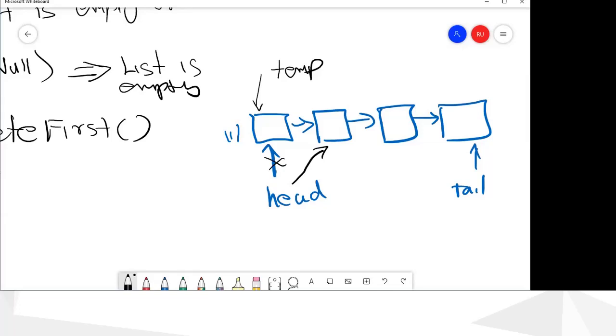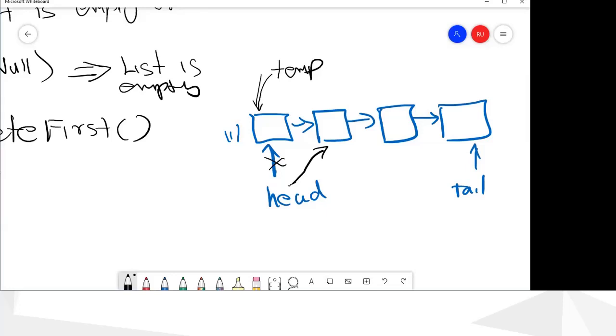Before assigning the head to the next node, you have to remember the first node in a temporary variable. Otherwise, if you move head forward, you will not have any way of accessing the old node, because there's no backward link.